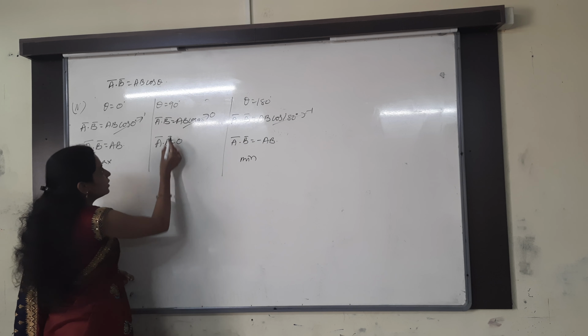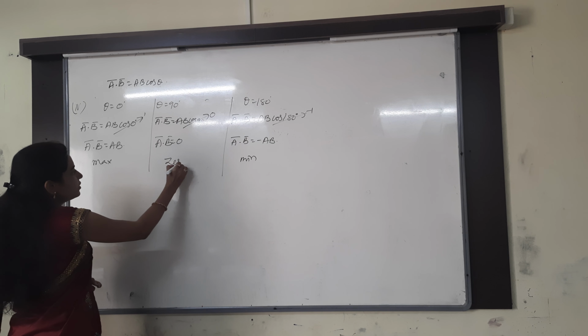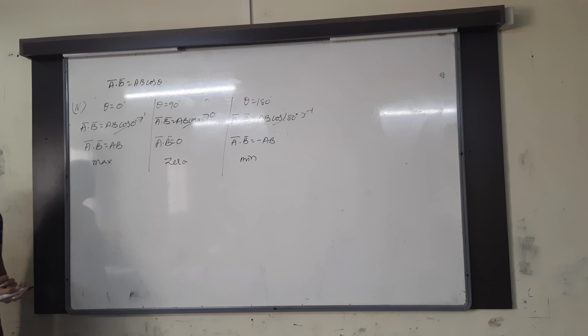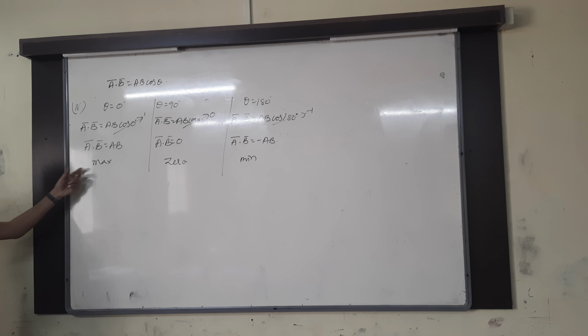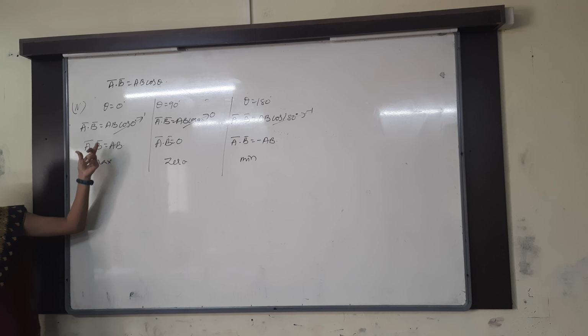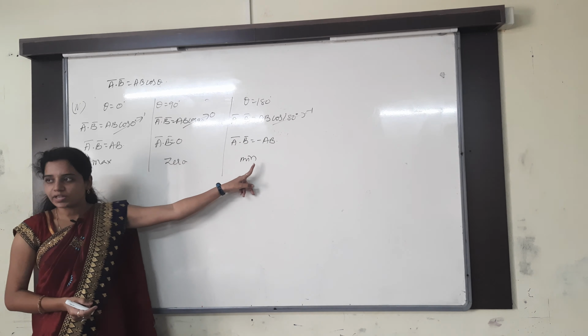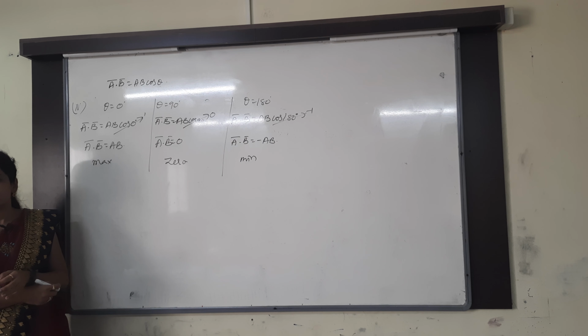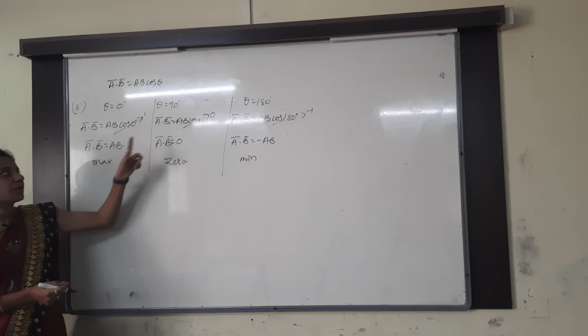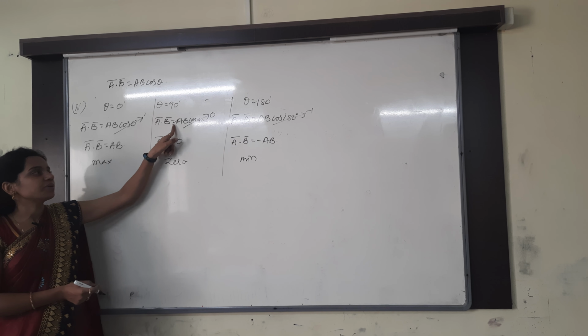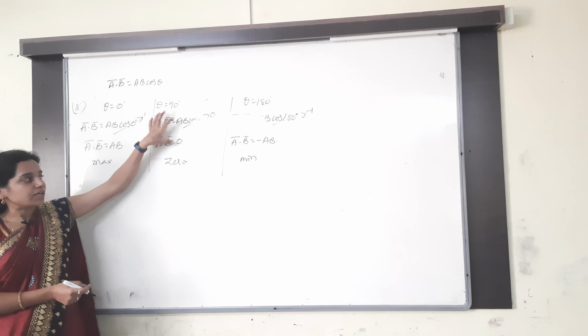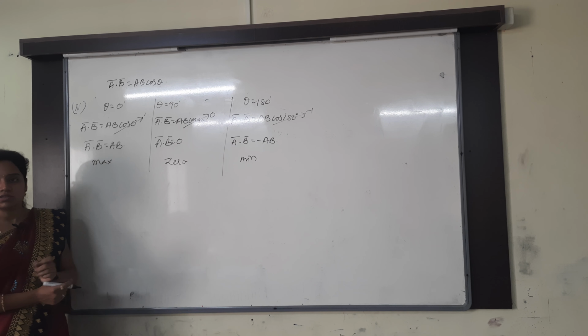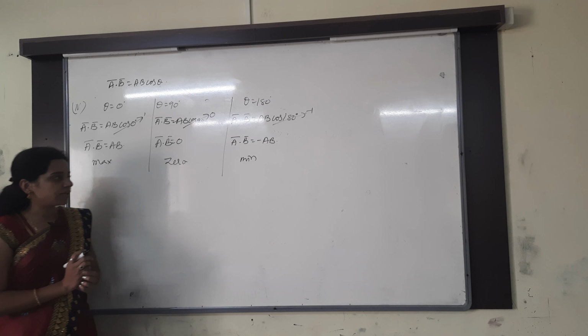And then at theta equals 90 degrees, that will be 0. The dot product between two vectors will be maximum at theta equals 0, minimum at theta equals 180 degrees, and it is 0 at theta equals 90 degrees. Whenever two vectors A bar and B bar are perpendicular to each other, the dot product between them is how much? Zero. This I will tell you by an example.